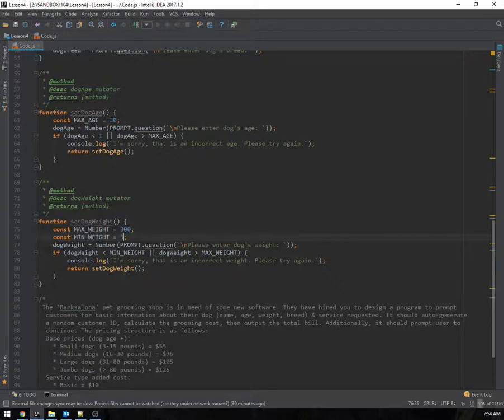Anyway, they put the dog weight in. If the dog weight is less than the min weight, or if the dog weight was greater than the max weight, same thing as we did up above. Sorry, that's an incorrect weight, and I tail recursively call myself right here. And the tail recursion has to do with this return statement and me calling my same method from within myself again. And this is something that's